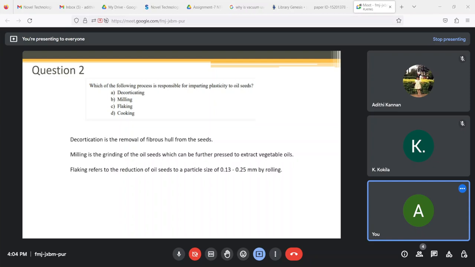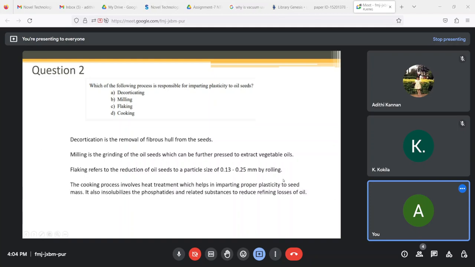Flaking refers to the reduction of oil seeds to a particle size of 0.13 to 0.25 millimeter by rolling. So basically you're trying to flatten it out and form flakes. And the cooking process involves heat treatment where you supply certain heat by either steam or so. The cooking process involves heat treatment which helps in imparting proper plasticity to the seed mass, and it also